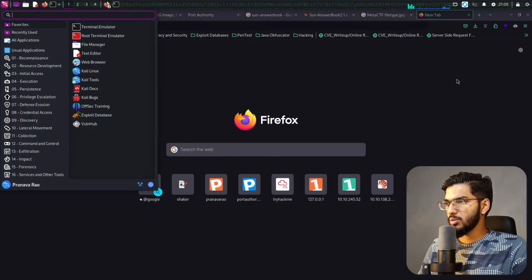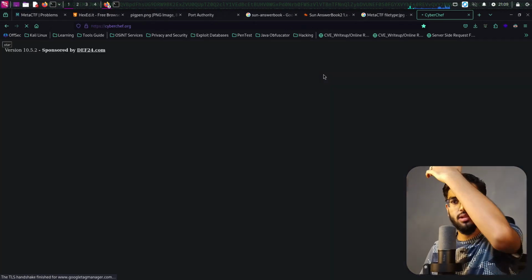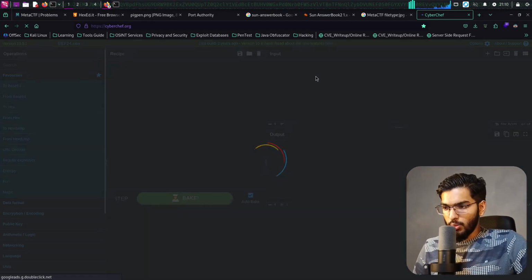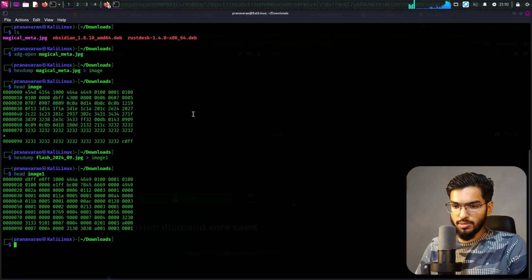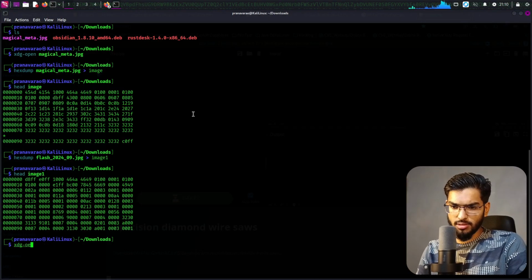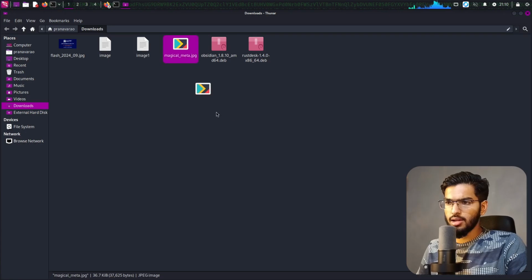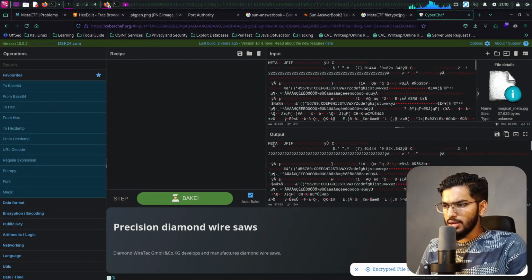Let me just open CyberChef here somewhere. Hacking CyberChef. Okay, so yep, input. Let me drag and drop it. Open this folder, and let's just drop it right here. It says, okay, meta and